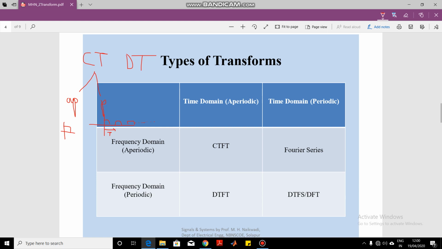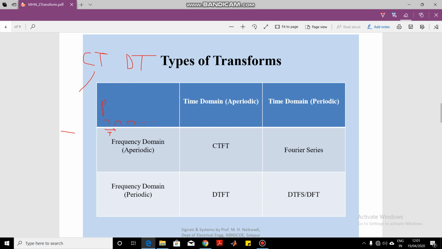So continuous time periodic signals we have, continuous time aperiodic signals we have. Similarly, in DT also we have periodic signals and aperiodic signals. Just like the case with CT, we can have discrete time signals. Discrete time signals will have pulses. We know the representation of discrete time signals, and in discrete time also we have the classification as periodic and aperiodic.